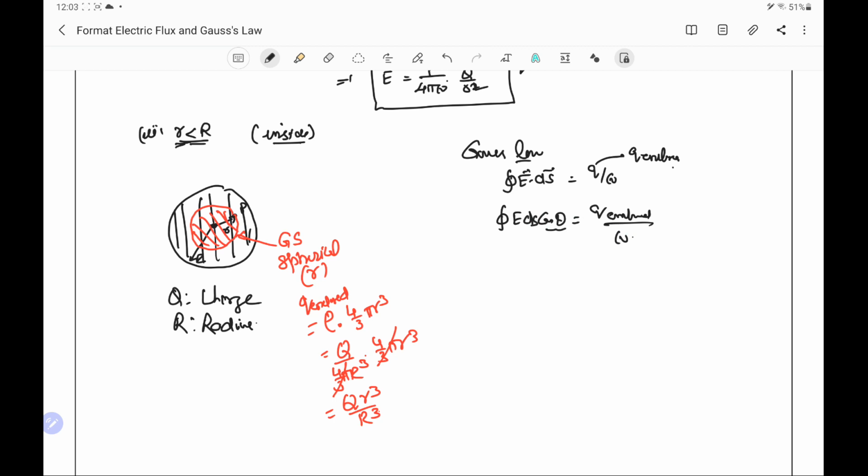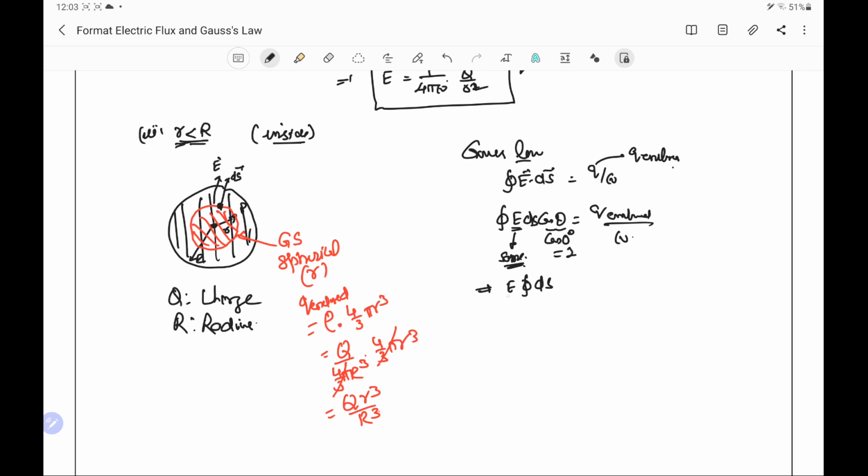Cos theta: if we take an elementary surface area ds, the ds will be outward and perpendicular to the surface, and the electric field will also be in the direction of ds, because the distribution of the charge is symmetric for all the points on the Gaussian surface. Therefore, the magnitude of the electric field remains the same for all surface points. This implies that we can take this E out of the integral, remaining is ds, and this cos theta is cos 0, and cos 0 is 1.